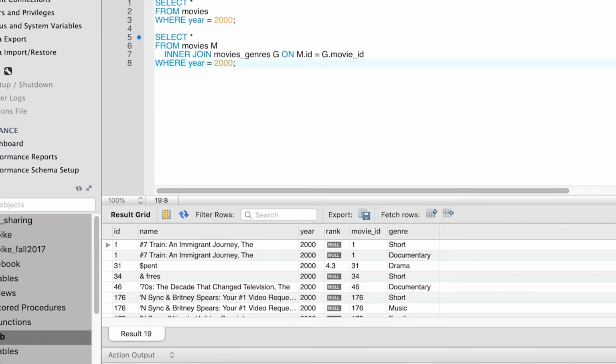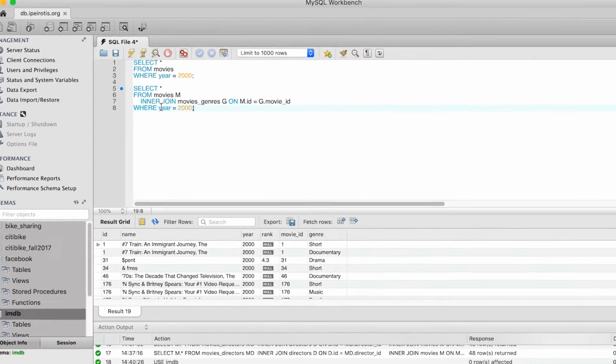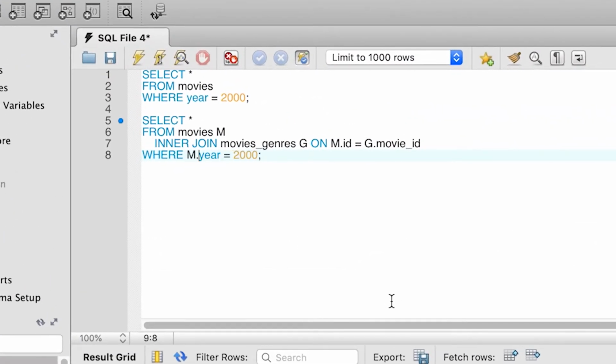There is no ambiguity right now, as the only attribute year that we have appears in the movies table, but it's always good to put the name of the table in front. So we're going to modify the where condition and make it where m.year is equal to 2000. Later on, as we'll join tables with identical attribute names, for example ID from movies and ID for director, prefixing the attributes with their table names will become essential.